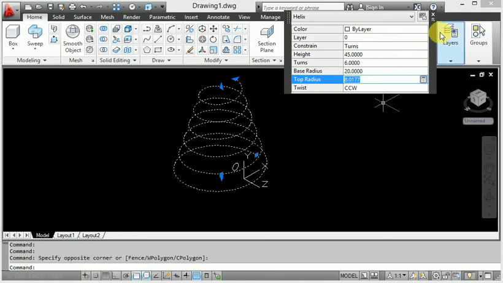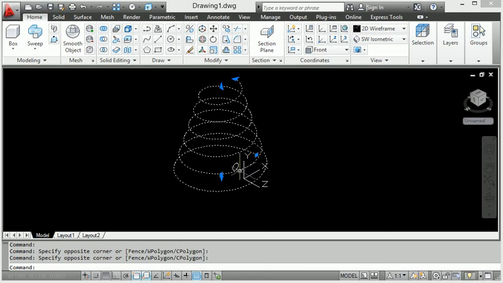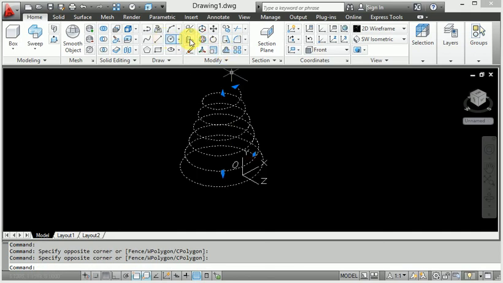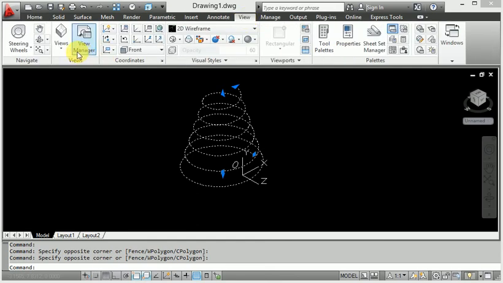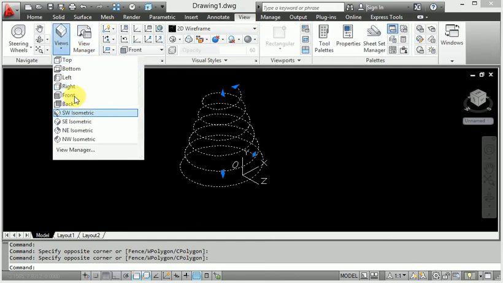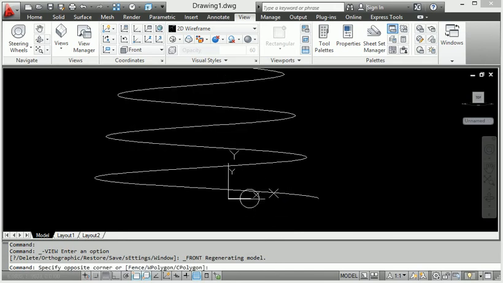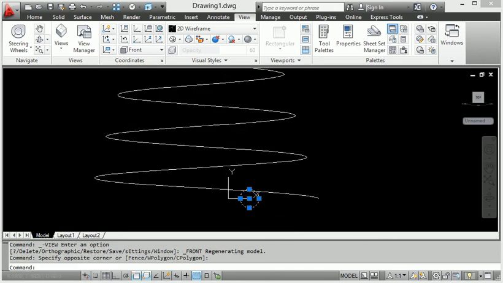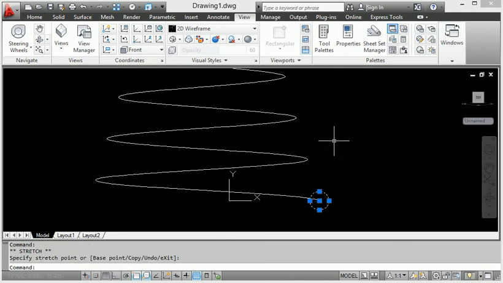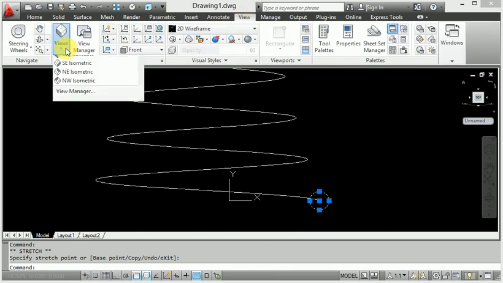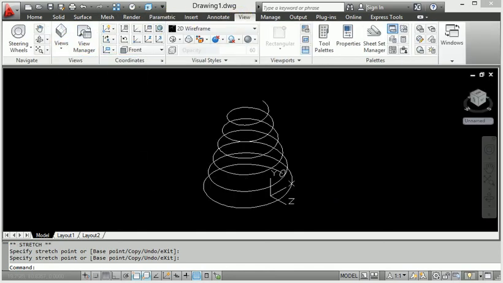So here we complete this, and now again I will show you the views here. First select this view, I will show you the front view. Then this circle has a position to exit here, then I get the position. Then right now again I will show you the isometric view. When switching to the isometric view, here you can see the isometric view.